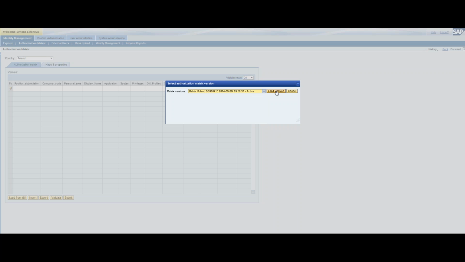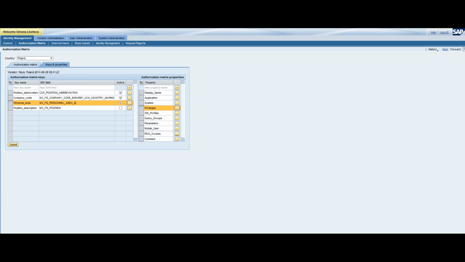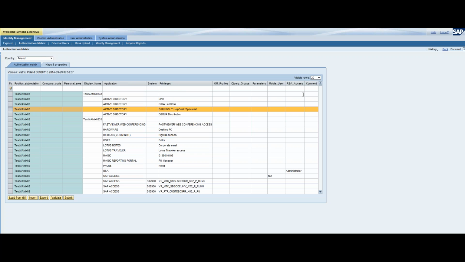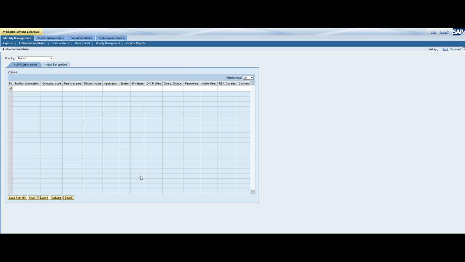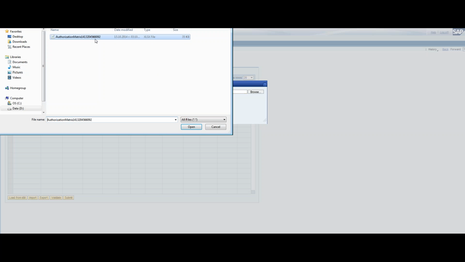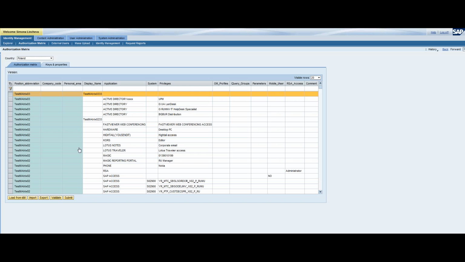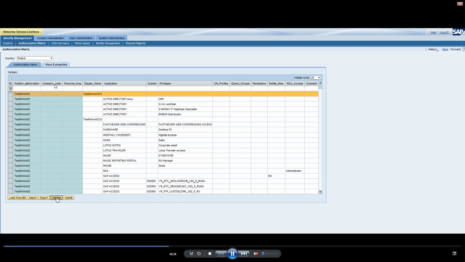We can load an old version of the matrix, or we can load the active version right now, and we can see the active keys for this version. Based on these key properties, the IDM assigns the correct business role to the users. The correct access is assigned based on these key fields here.